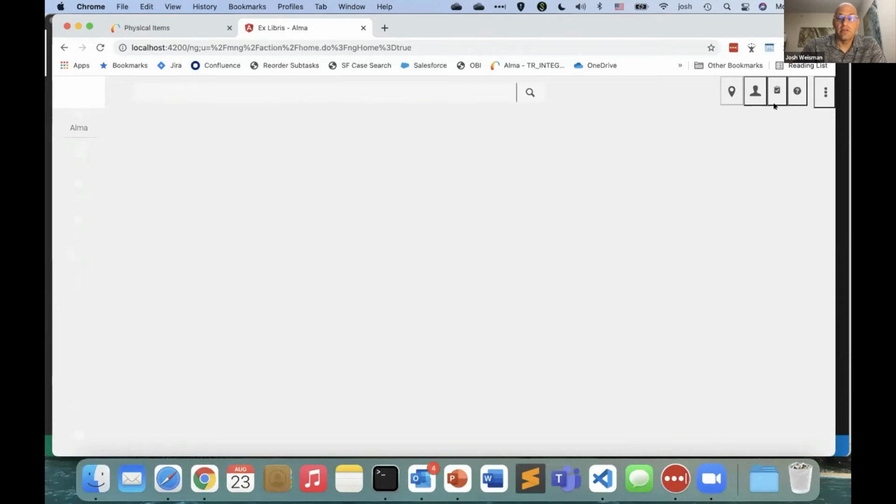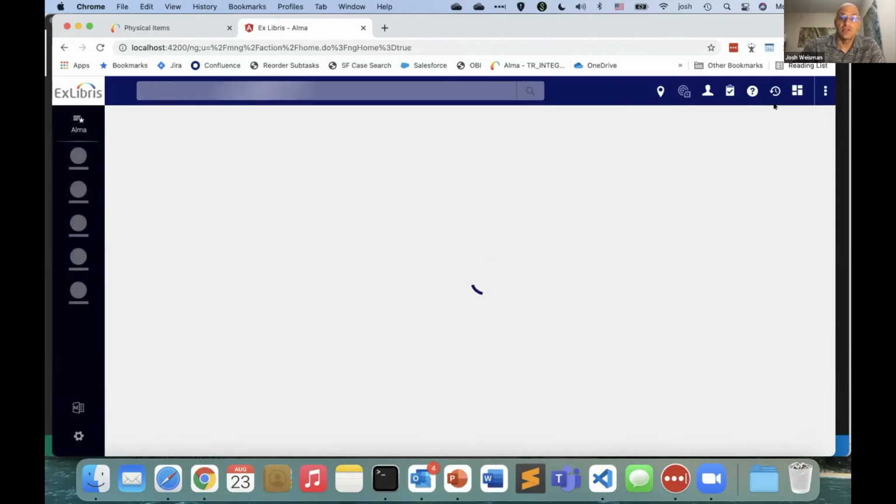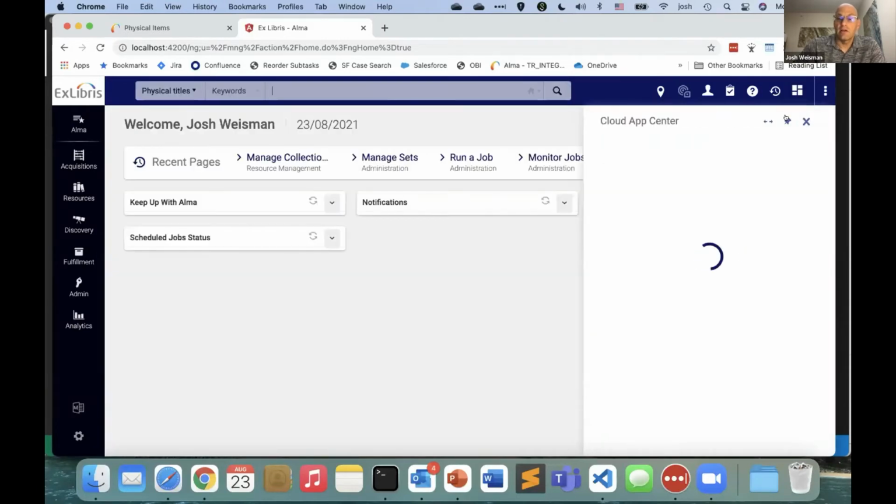And this Cloud App Center is going to show my local app running as the first app. So as soon as my premium sandbox loads here for the first time, I will have the Cloud App Center.